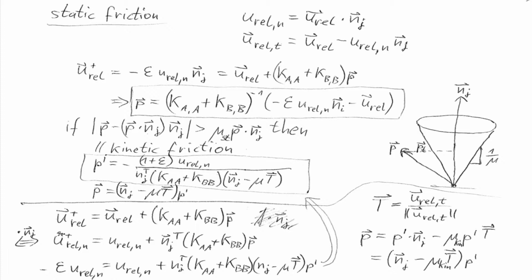So as the new relative velocity after this, we want to have the normal component supposed to be minus epsilon url n again. So we still want to have that boundness in the normal component. And then for P, we can just plug in this formula. P dash. Now resolving this to P dash gives us